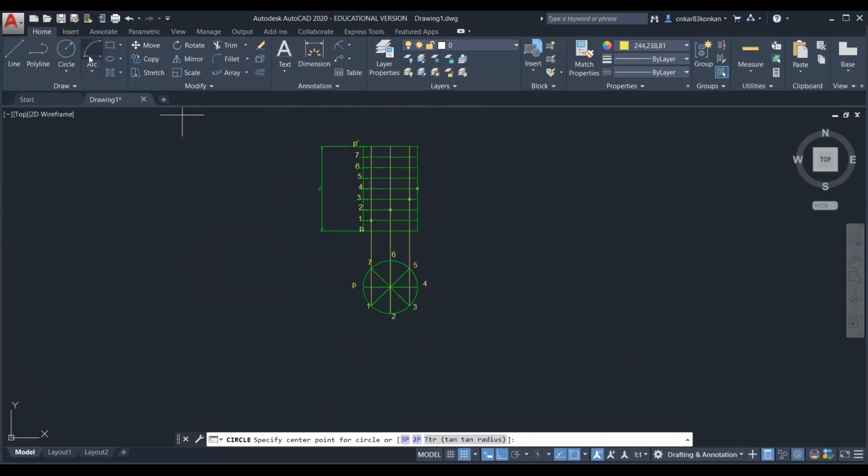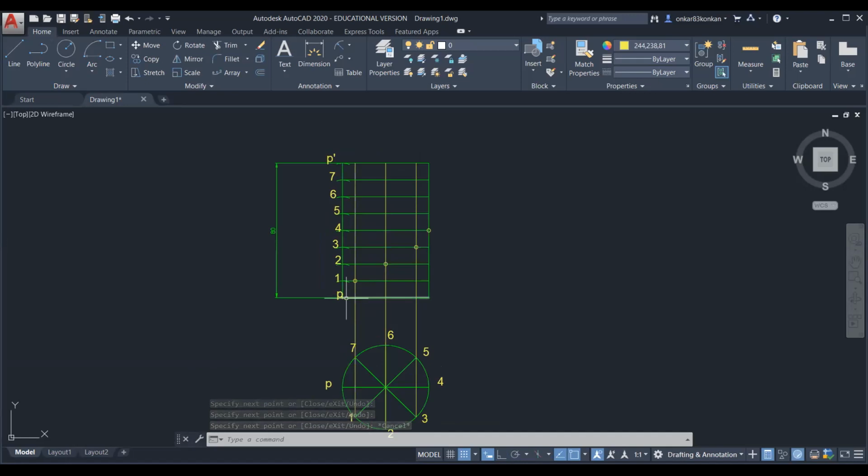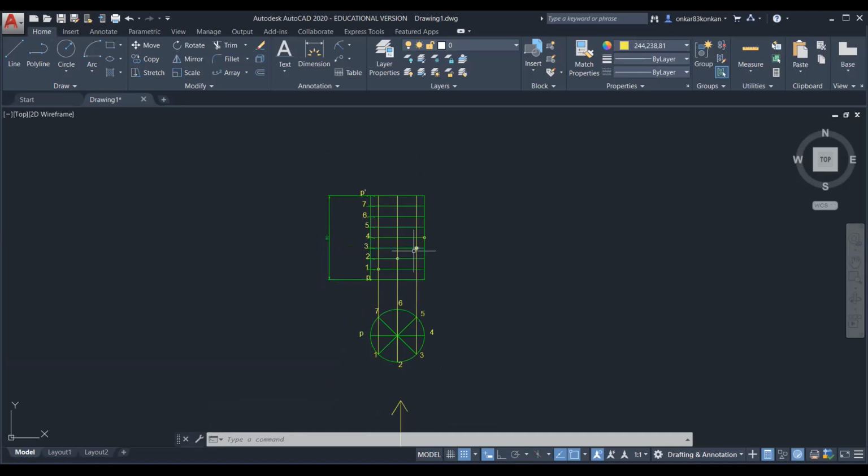If this is the direction for the front view, just imagine we are observing from this direction. Then this portion of the curve, the half portion, will be completely visible to the observer. Therefore, we have to join all these points by a smooth curve as a continuous thick line.